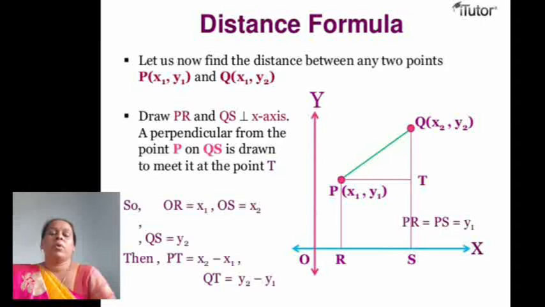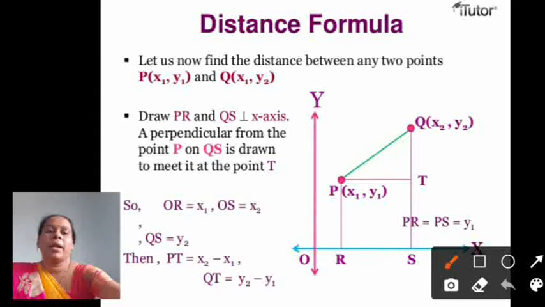How is the distance formula formed? For the formula you saw, how it was derived, this proof is given to you. That proof is not in the syllabus, just for your introduction. Consider here points P and Q. Coordinates of P are x1, y1. Coordinates of Q are x2, y2. And here point T is given, meaning perpendiculars are drawn on the x-axis, and here triangle PTQ is formed. This triangle PTQ is a right angle triangle, and in this right angle triangle PQ is the hypotenuse, PT is the base, and QT is the height.